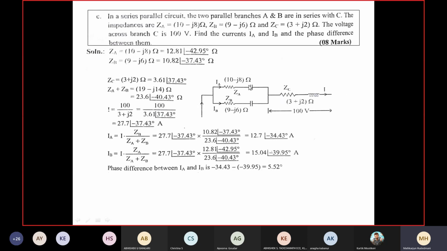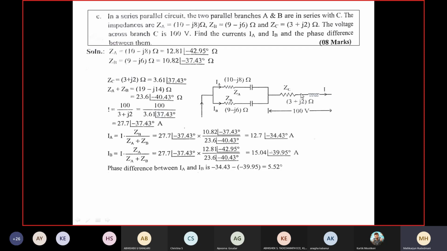For these two in parallel, what is the entering current? The current which has gone out here is the current entering. Some part goes here, the rest goes here. Again they become joined here and enter this. So you are going with a very much reverse approach. If you know the current flowing through ZC, it is the current flowing in IA and IB together. IA plus IB, if I add, is the current flowing through this, which you can get as 100 divided by this ZC, that is I. This I is IA plus IB, but I don't know what IA is, what IB is. But I know the total, I. It is my task now.